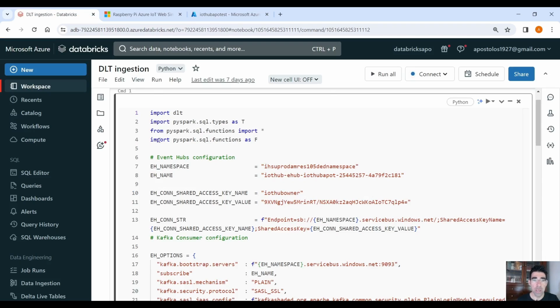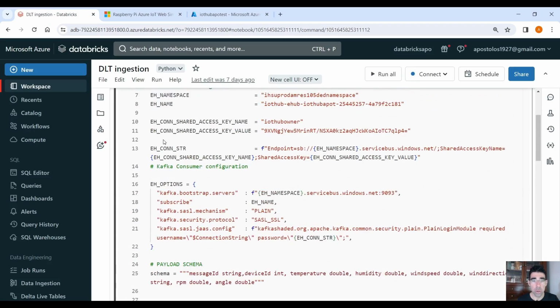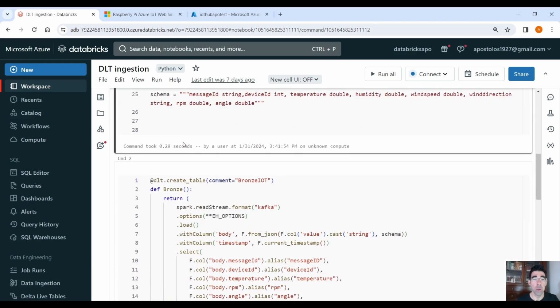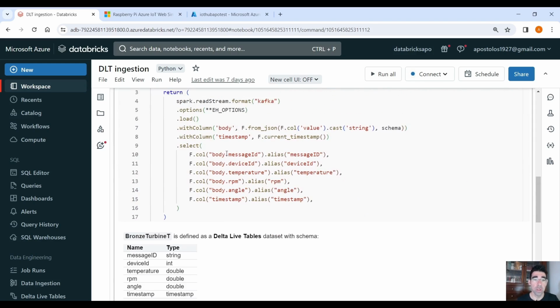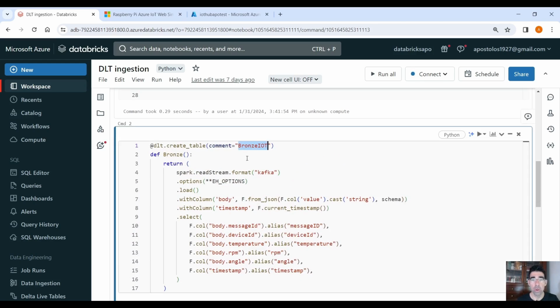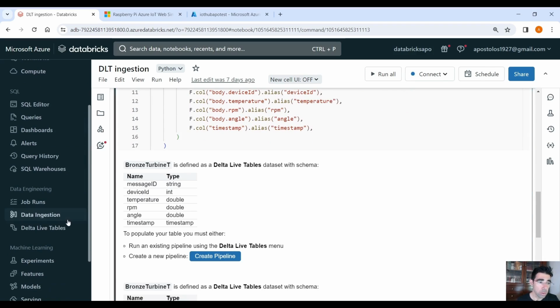Now, in our Databricks environment, I have already created a notebook. Actually, it's the same that we used in the previous video to read from the IoT hub and store the data into the bronze table. We have a table called bronze IoT. So we need to create a Delta Live table pipeline in order for this to be executed. So let's go into Delta Live tables,